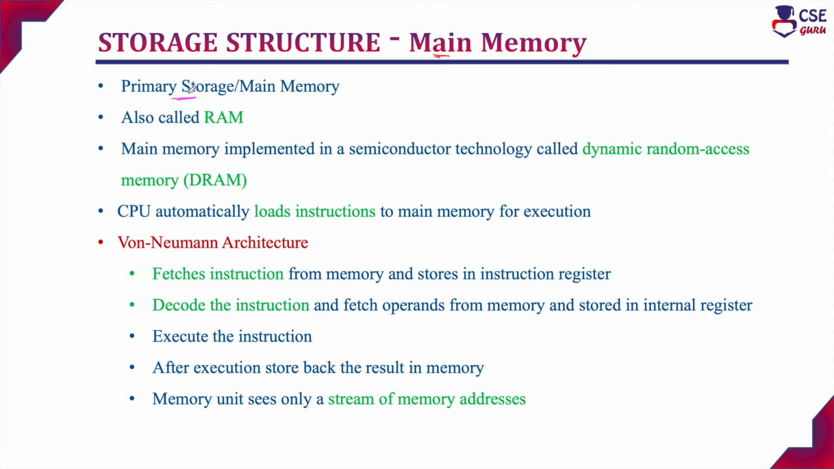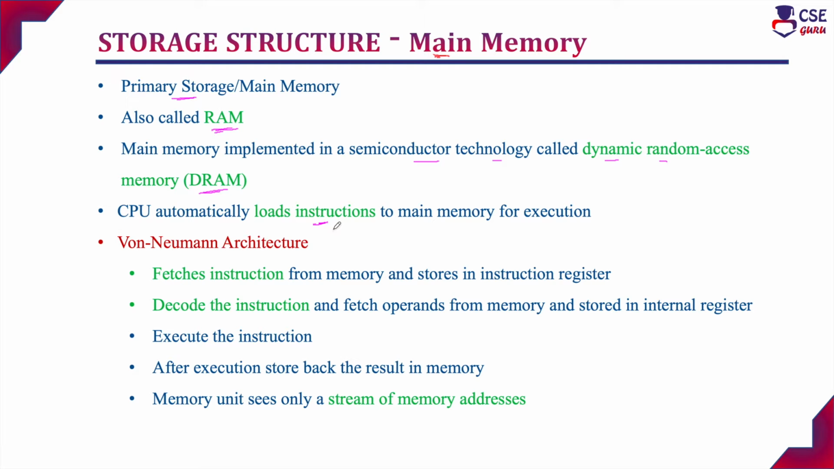Main memory is considered the primary storage for program execution, and it is also called RAM, random access memory. This main memory is implemented in a semiconductor technology called dynamic random access memory, that is DRAM. Generally, whenever we want to execute any program, the CPU will automatically load its instructions to the main memory for execution. That is, when a program wants to be executed, its data and instructions should be in the main memory. Then only all other devices can access it,